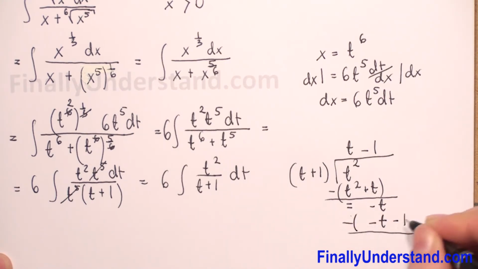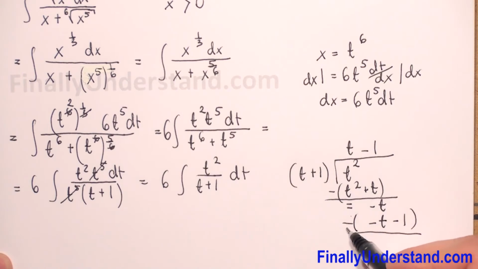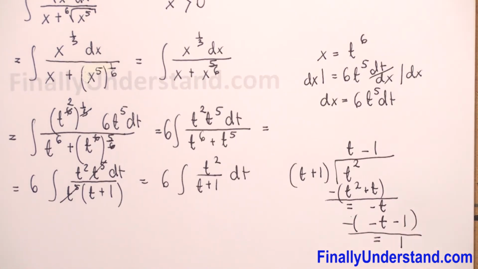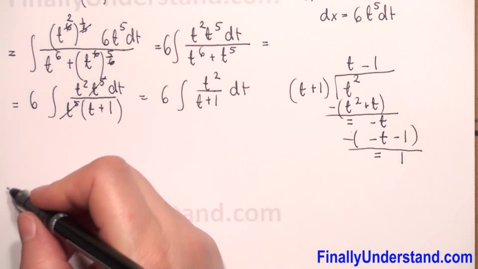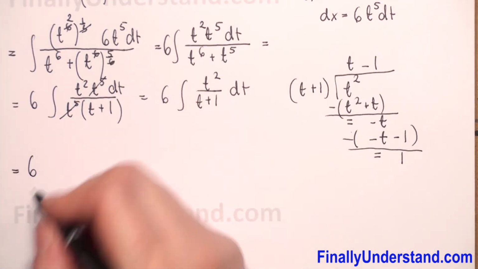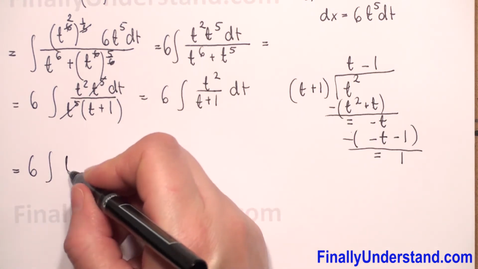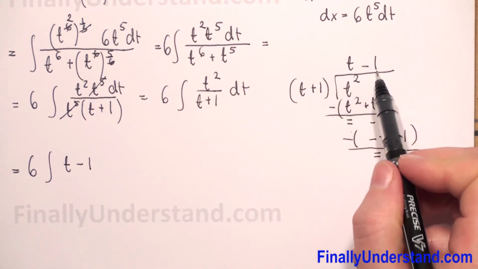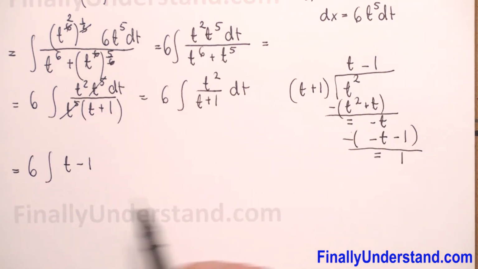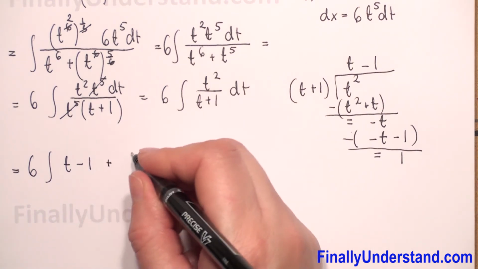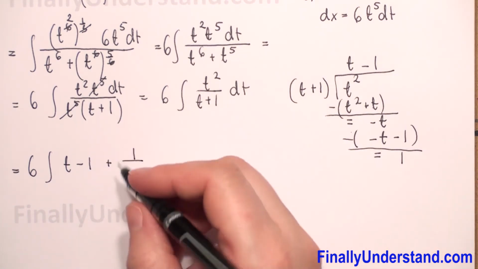Again we have to subtract, so we have negative t, negative and negative give positive, negative t plus t is equal to 0, and we don't have anything else here, so it's 0 minus, and minus and minus give plus, so it will be 1. 0 plus 1 is 1. So we can rewrite our integral in the form 6 times the integral of t minus 1, and we have to copy what we got, and we have 1 positive, so we have to put 1 over t plus 1